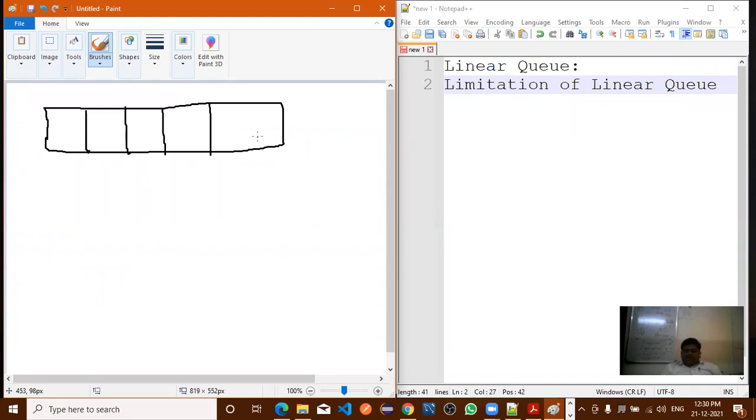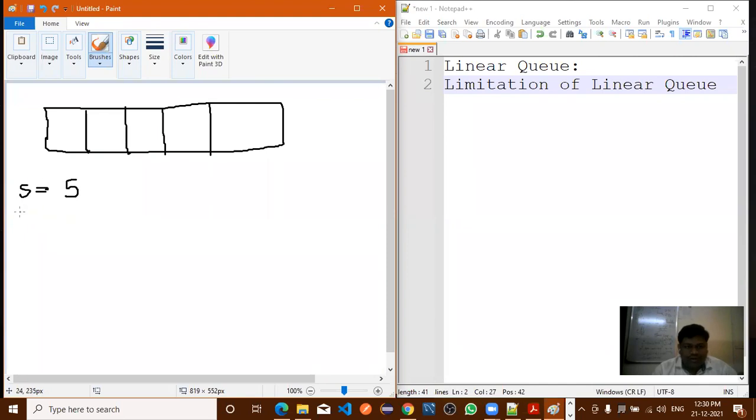Now here we will consider this diagram. Suppose I want to insert 5 elements in this queue. What is the size of the queue here? Let me write the size as s. What is the value of s here? The size of the queue is 5.